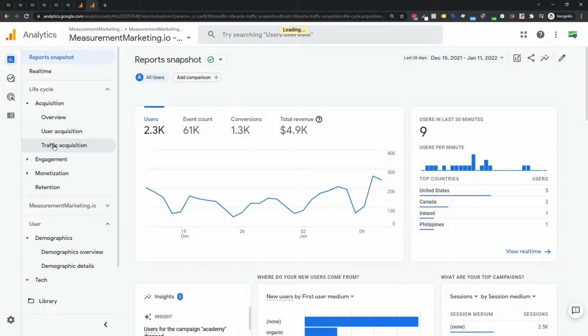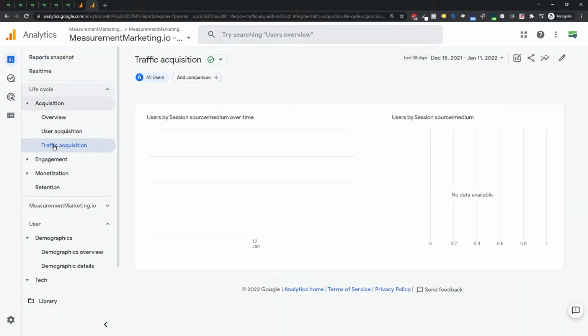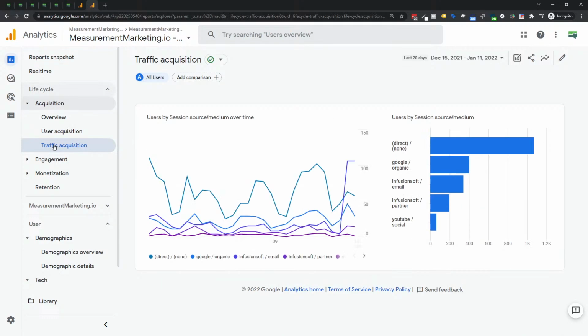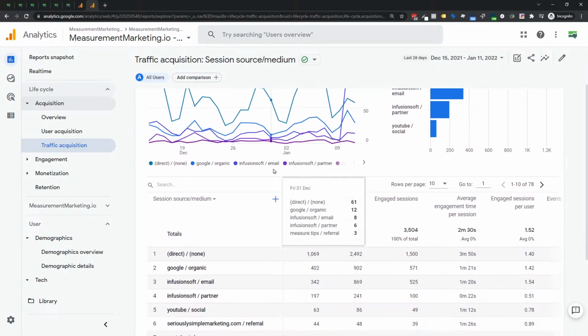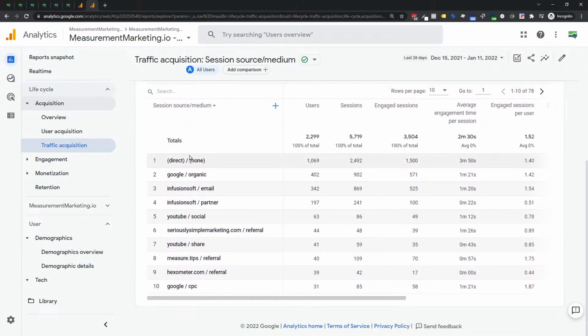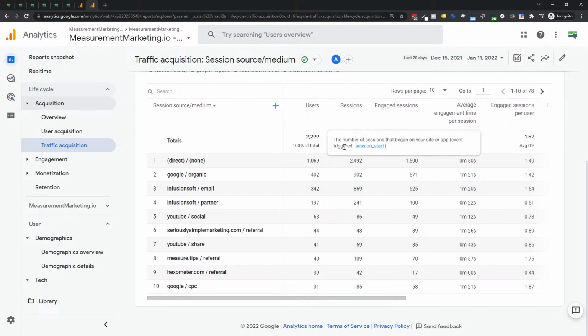So you click on traffic acquisition. Again, it's a little clunky in the beginning. It takes a little bit of time to load up with GA4. I would imagine that would get faster with time. But if we scroll down, you'll see this little table that's there. And this is the same essential thing. You've got source medium. You've got the number of users created, and the number of actual sessions, visits created by